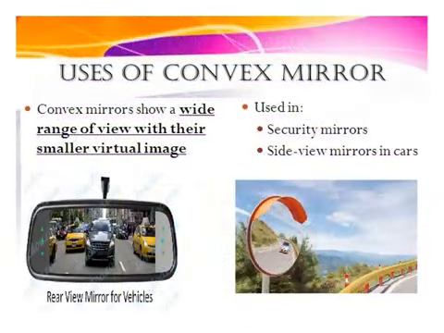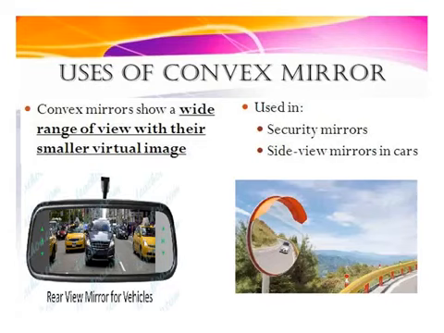This slide gives you the uses of convex mirror. The most important use of a convex mirror is that it is used as a rear view mirror for vehicles. So why is it being used? Because it gives an erect image, also a wider field of view. You can see in this mirror a large number of objects are being seen. So because of these two properties it is used as the rear view mirror, and it is also used as